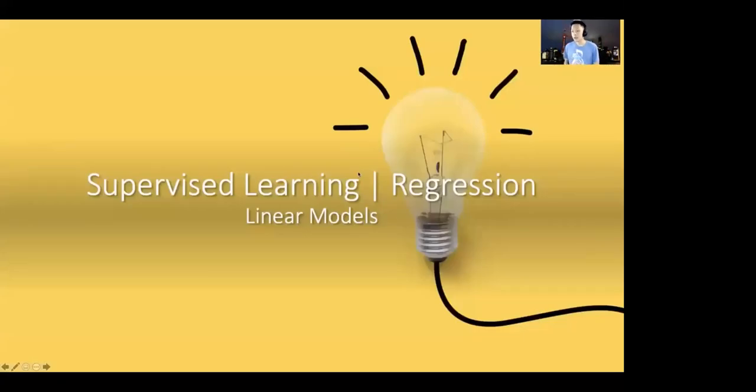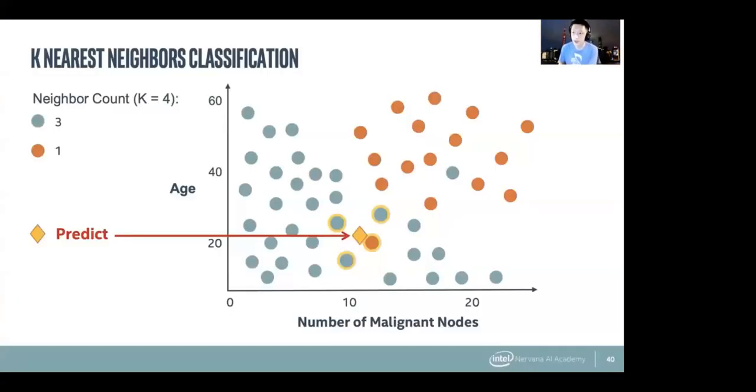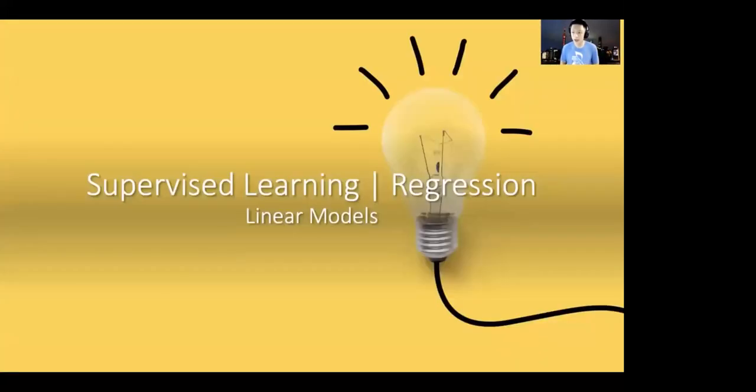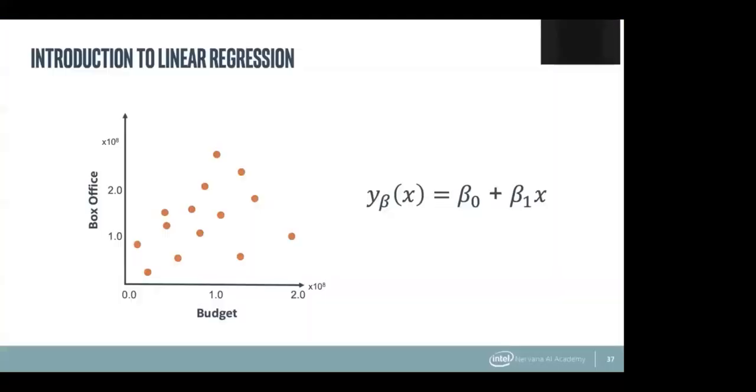Now, we've talked a lot about classification, but we haven't talked so much about regression. This is probably something that a lot of you have seen before. We'll not get into the specific math about how these are solved, but there is a very specific class of linear models that can do linear regression. And in this case, we'll be talking a little bit about that. Now, just to preface all of this, you can do regression with k-nearest neighbors, and you can do regression with decision trees. And I'll talk about how we do that in a second. But first, let's establish what regression is about, and then we can work backwards from there.